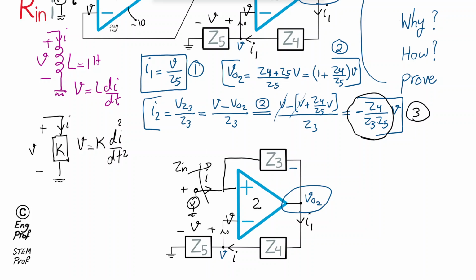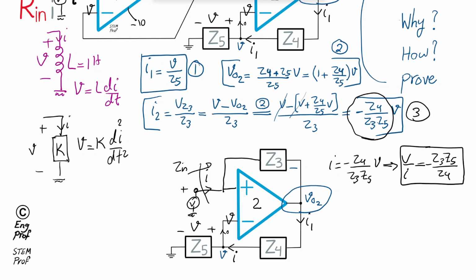So it would be, because we are saying I equal to minus Z4 divided by Z3 divided by Z5 times V, hence V over I is minus Z3 Z5 divided by Z4,